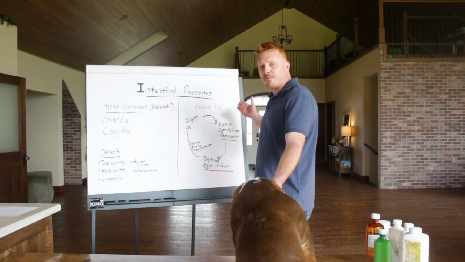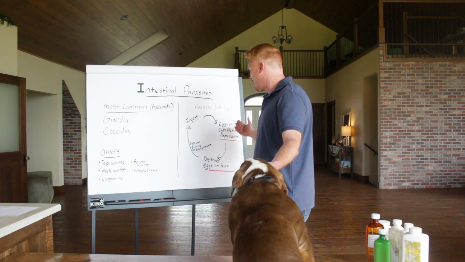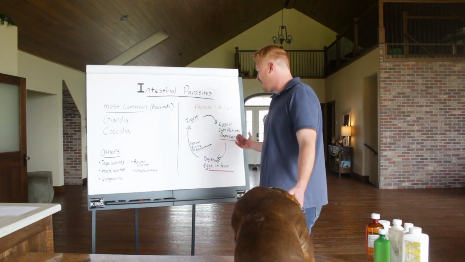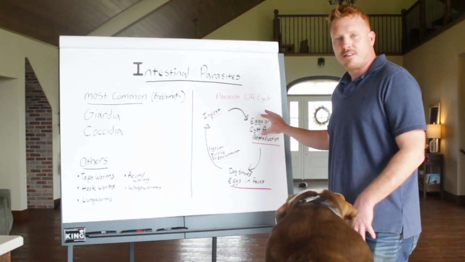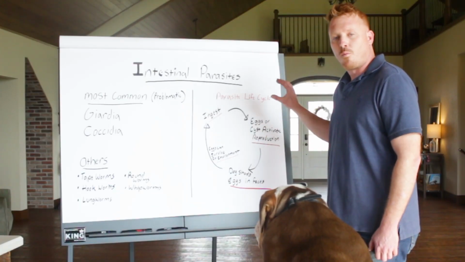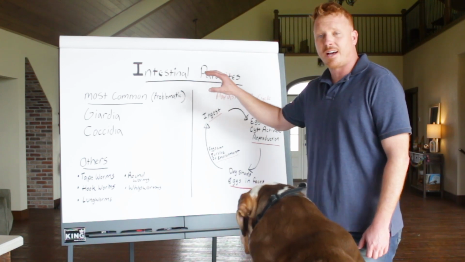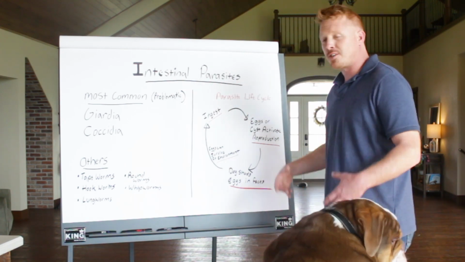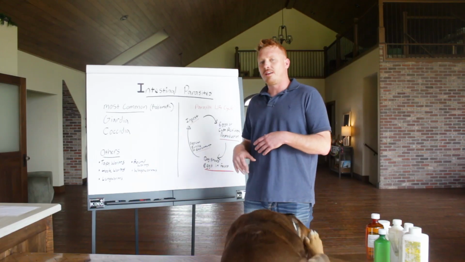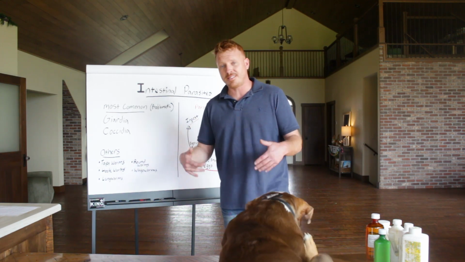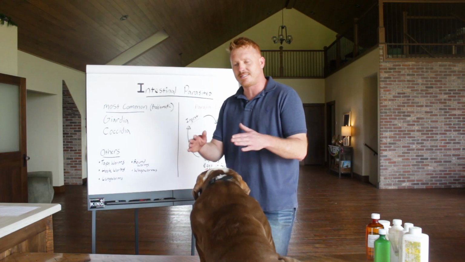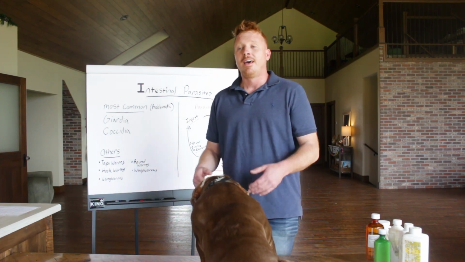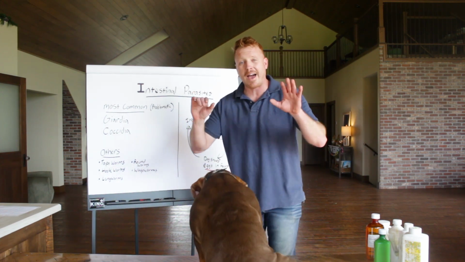After we have the reproductive phase, at that point there is shedding. Some of those mature worms, or Giardia or Coccidia, will actually release. The dog will then go to the bathroom, the feces will pass through, and they will shed millions of eggs, millions of cysts, your Giardia or Coccidia, and that will then go back in the environment.